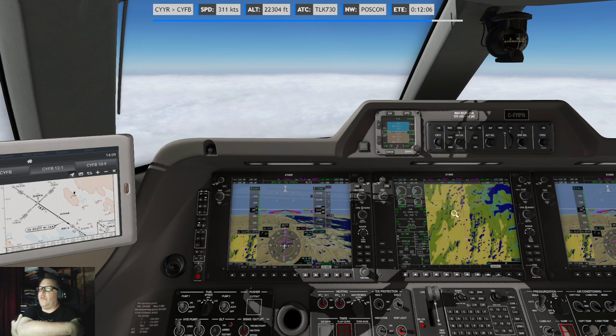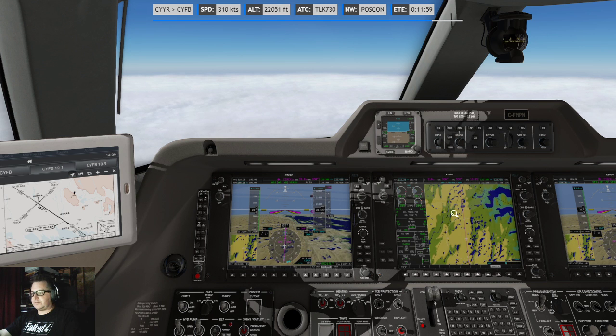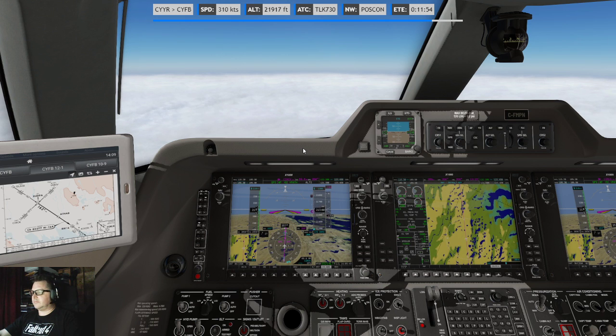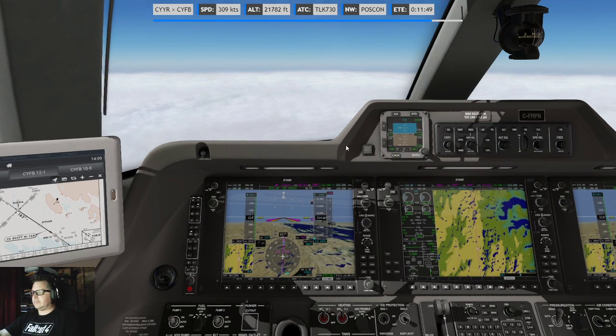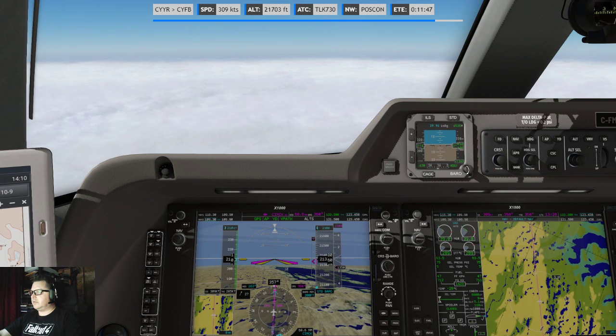I tried to get over it with a small prop plane, and that did not go too well. I'm going to do the 30, 31.